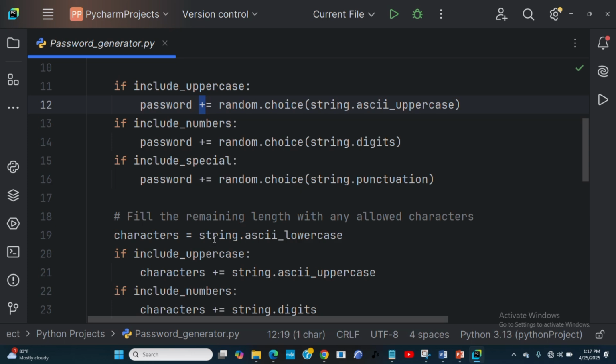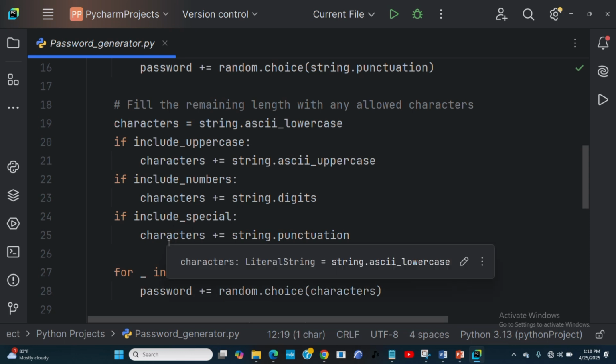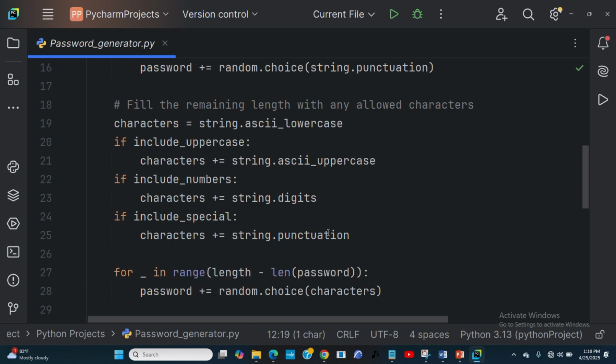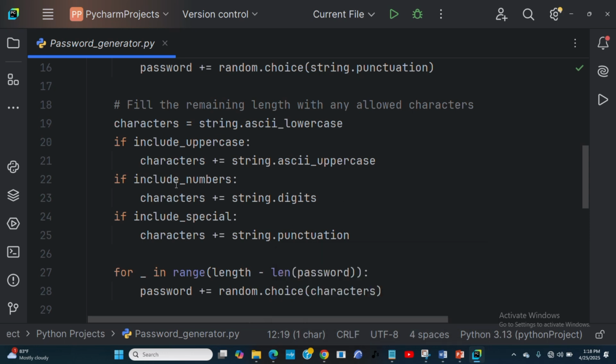Meaning it is still going to use the same thing. What happens is string.ascii_lowercase is going to assign even the lowercase that we want to add to the other characters, in a particular variable that is called characters. We're going to assign it there, including uppercase. So it's going to assign all these characters to make that password fill up to that 15 length, for the length of the password to be 15. That's why I say include numbers. It's string.digits and it's going to increment it and add it. So it's going to keep incrementing until it reaches the 15-character password length.